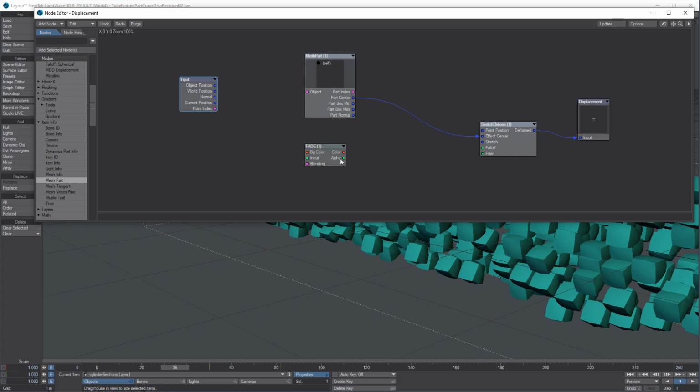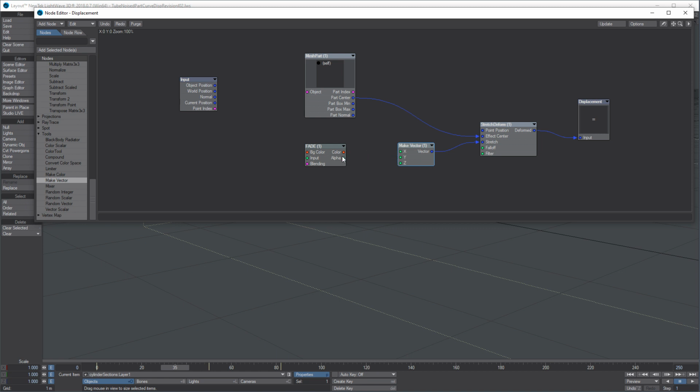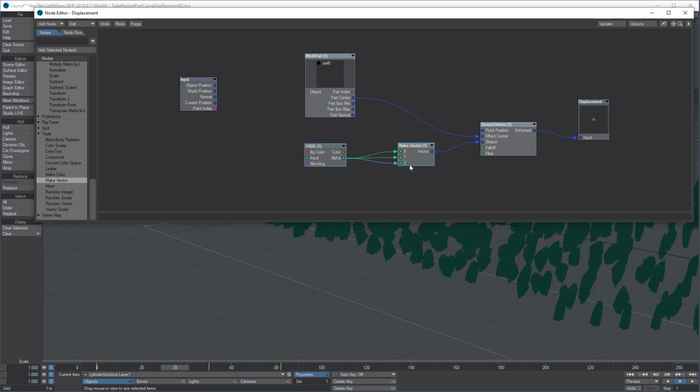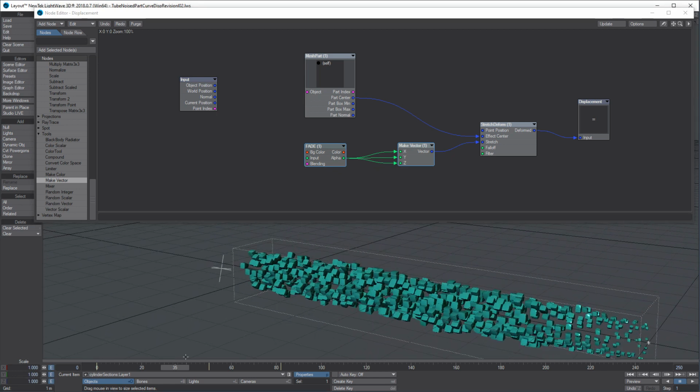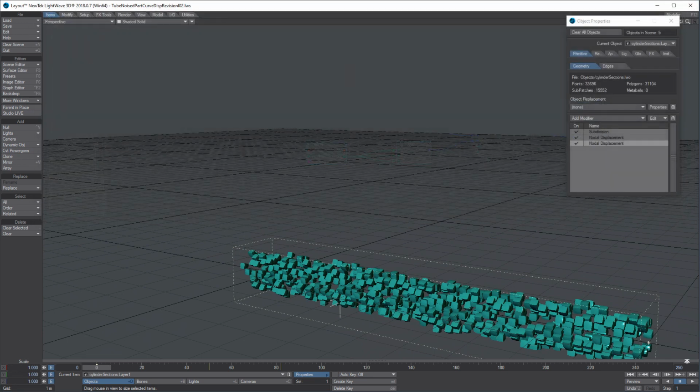So let's create out of this alpha a vector, because the stretch is a vectorial value. So let's make a vector, make vector stretch, and plug all the alpha values into the inputs, and if we play it back,